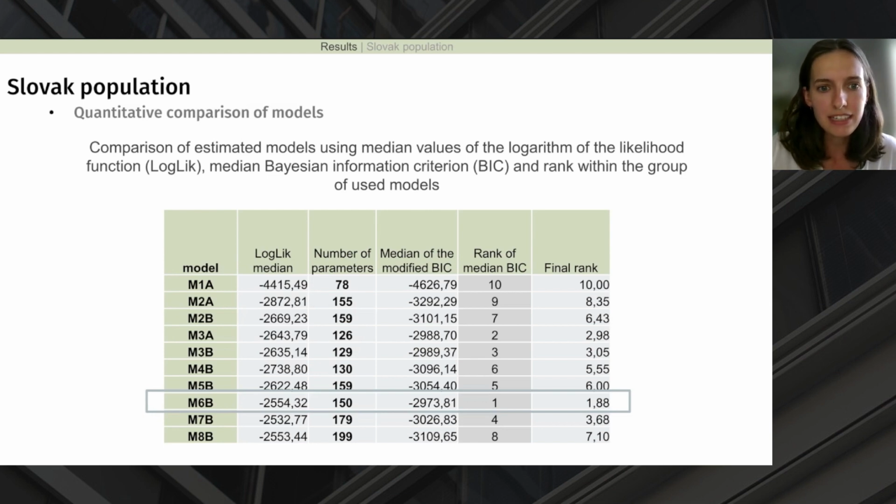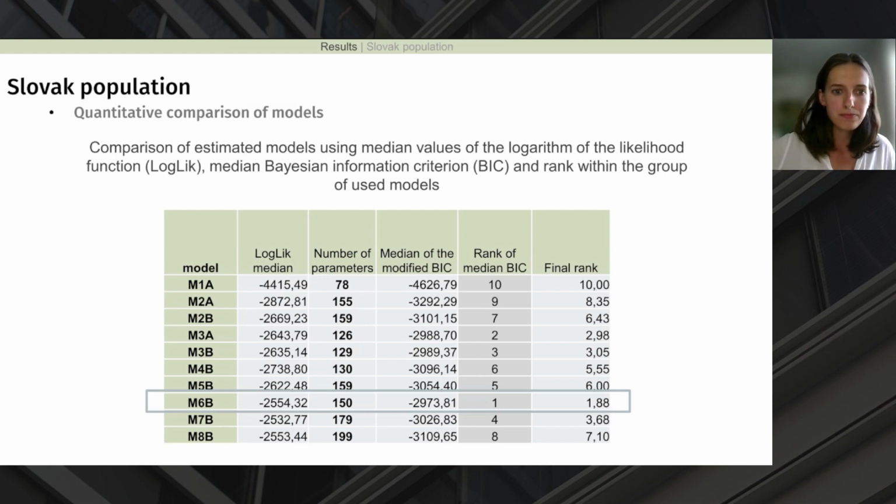In the observed years, model M7B achieved the highest median value of the logarithm of the likelihood function. However, this model involved estimating 179 parameters, which had a negative impact on the BIC value. So based on the BIC criterion, the model M6B was identified as the most suitable model due to its lower